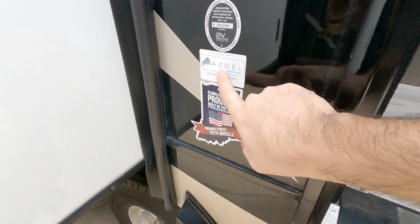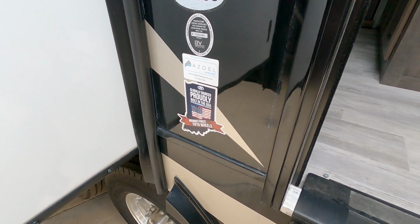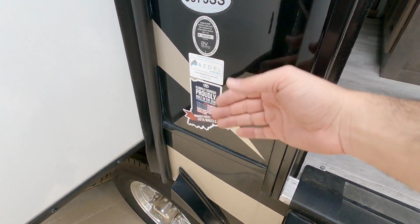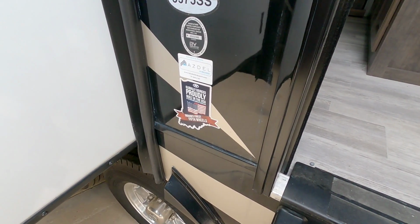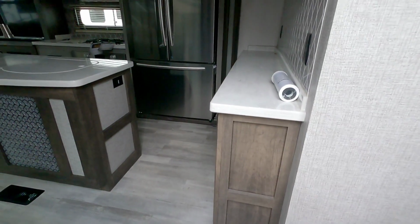Look at that, Azdel. So Heartland on the Bighorn moved to an Azdel composite side panel. If you don't know what that is, that's essentially a composite backing to this fiberglass that won't rot or delaminate and is impervious to water. Very cool. Stepping inside,